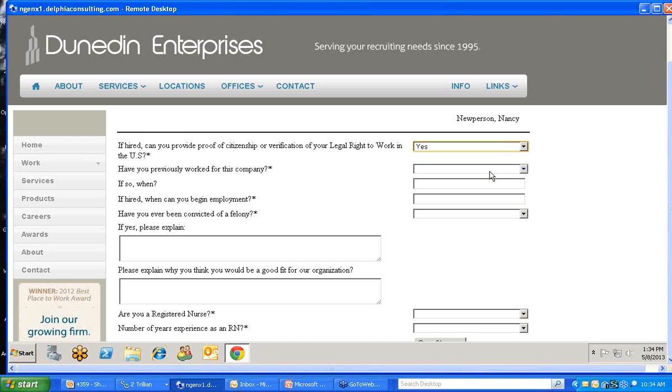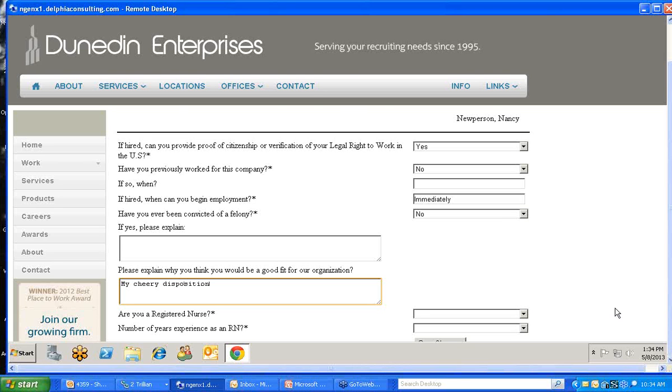So yes, I can provide proof of citizenship or verification of my legal right to work at this company or in the U.S. I have never worked for this company before. I can start immediately. I've never been convicted of a felony, if there was. Why do I think I'd be a good fit for this organization? My cheery